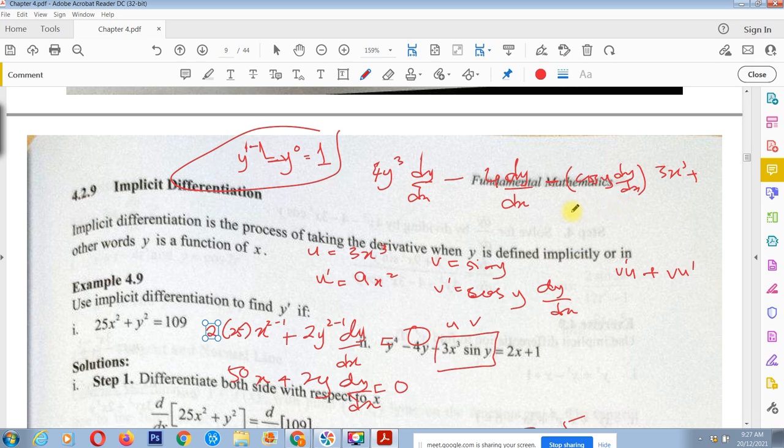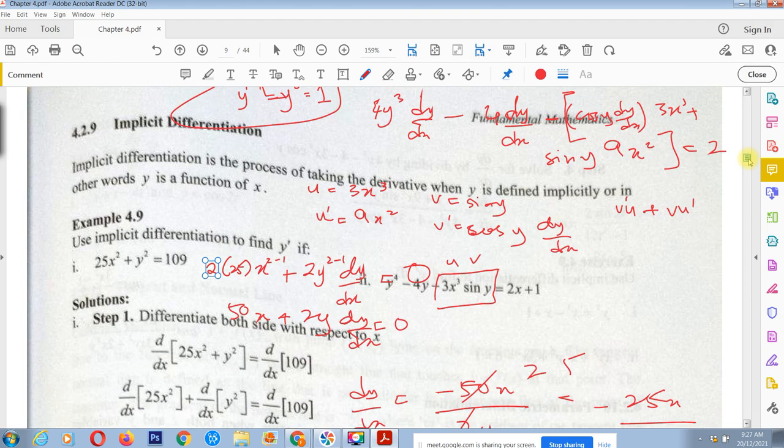What is v? Sin y. u prime is 9x squared. Okay, and then bracket, and then we have 2x. So this is plus 0. And then simplify this, we get